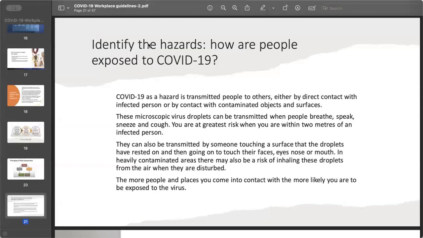It can also be transmitted by someone touching a surface that the droplets have rested on and then going on to touch their face, eyes, nose, or mouth. In heavily contaminated areas, there may also be a risk of inhaling these droplets from the air when they are disturbed. The more people and places you come into contact with, the more likely you are to be exposed to the